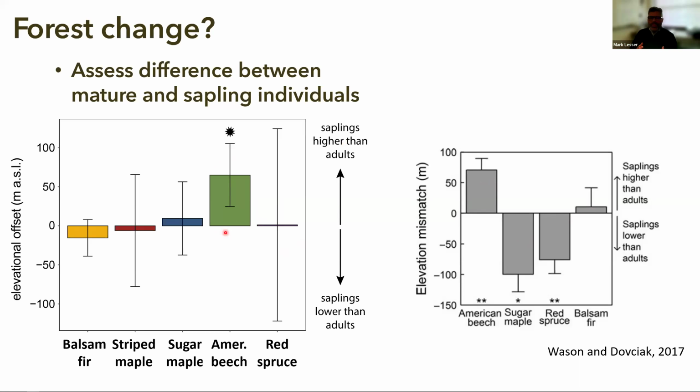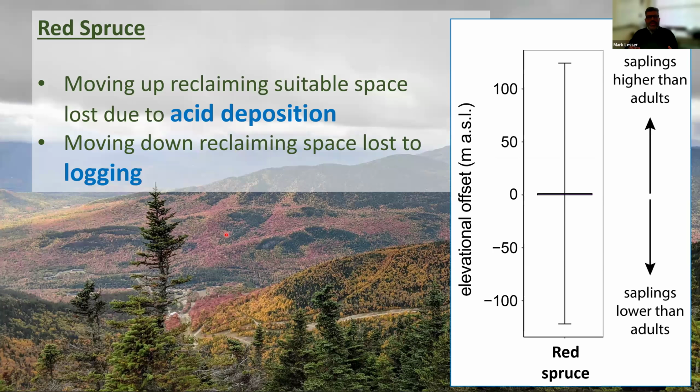But overall, the combination of our results with his, and now more work that's been done out of the Dovciak lab, more recently Jordan Torville has been doing some of this work, shows that mountains are responding to changes in different environmental factors, and maybe anthropogenic factors as well, in very different and unique ways. And to dig into that a little bit more, just thinking about our response of red spruce moving up the mountain in some cases, down in others,